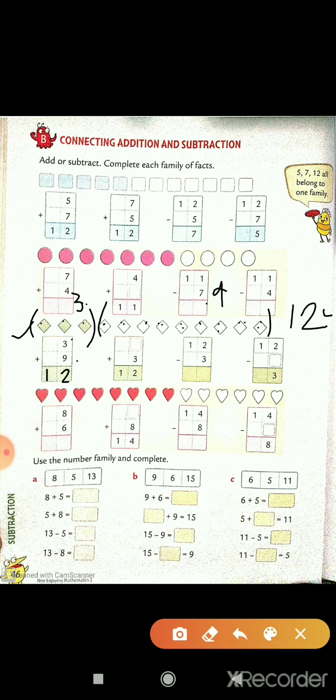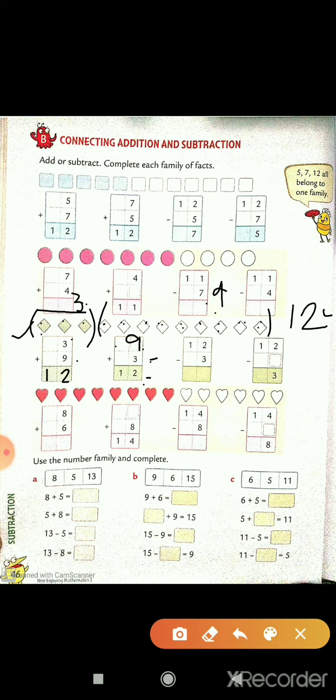Now students, what is our second addition fact? 9 plus 3 is equals to 12. Can you see here? Dash plus 3 is equals to 12. How we are going to find it out? The sum minus the given number, that is from 12, this total we have to minus 3. If we take away these 3, how many are left with us? 9. So what are we going to write here? 9. Got it, students?